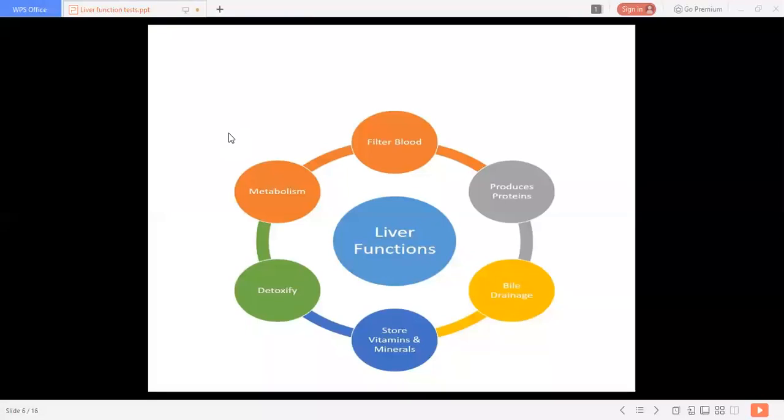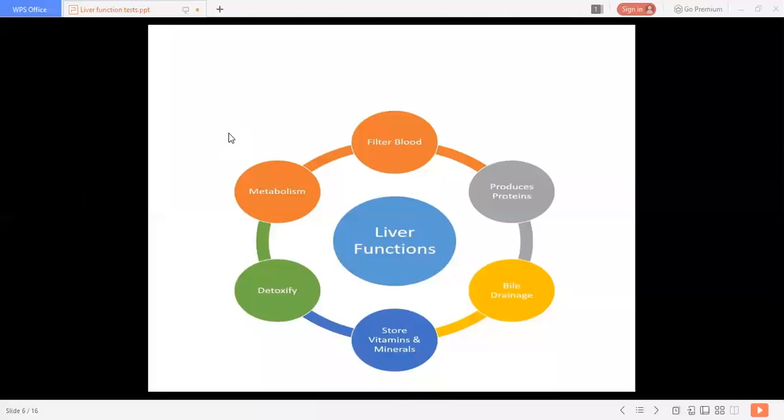Then low levels of globulin are also considered indicative of liver diseases, hemolytic anemia and IBS, that is inflammatory bowel disease or irritable bowel syndrome. In these diseases, the levels of globulin are deranged, that is, they become lower than normal.